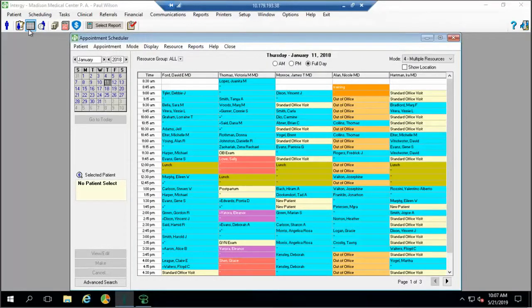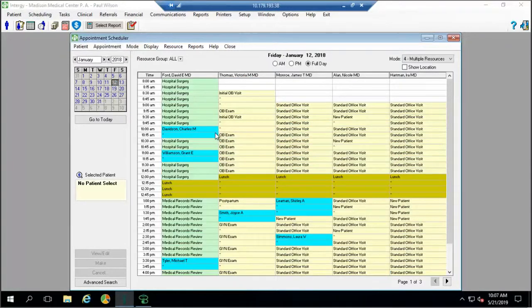Intergy is based on setting up the scheduling rules or preferences, a similar thought process to what you do in Success Today, where you set up the days of the week, the times of day, the types of appointments, the limitations, the restrictions: no more than 2 new patients in the morning, I only do surgeries on Thursdays in the morning and Friday in the afternoon, so I can go in and put up those restrictions. One big difference, though, is the ability to set up templates so that when the end